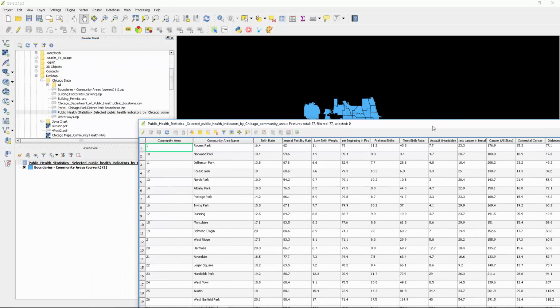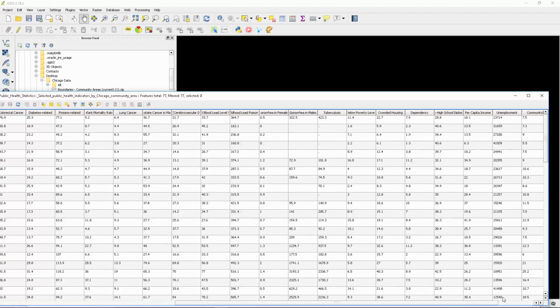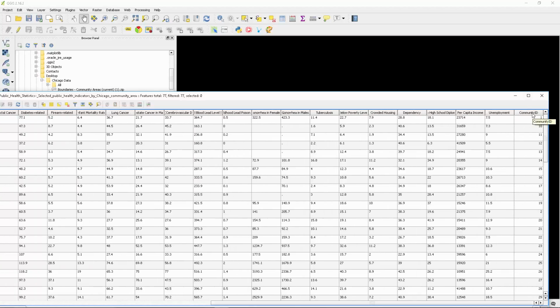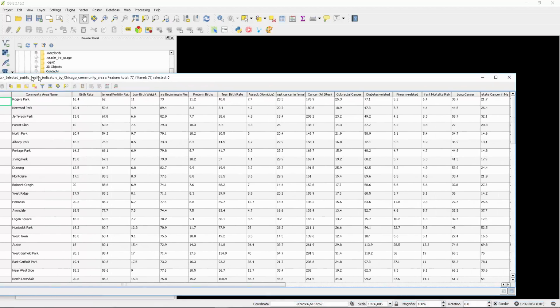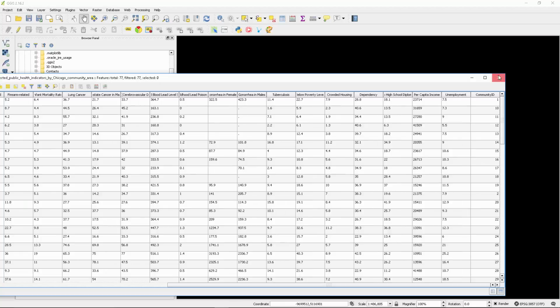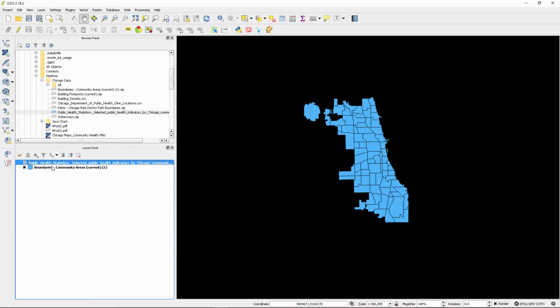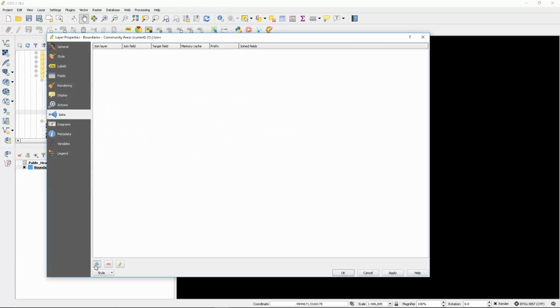And now, let's see if it's actually already done it already. Okay, we see that we've got a community ID already made for us, and it's going to look just like the original column, but now it's in a much more stable format for us to use when we're merging these two data sets. So I'm going to go back to boundaries, double click on it, go down to joins, we're going to click the plus icon on here,